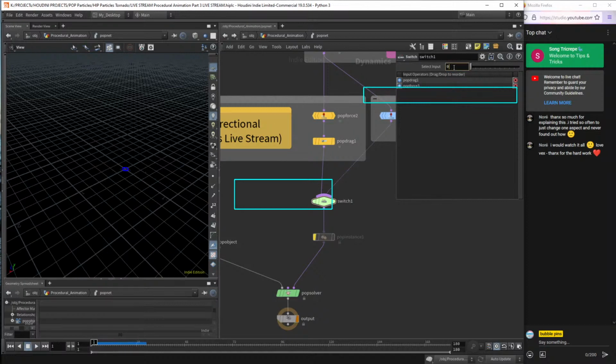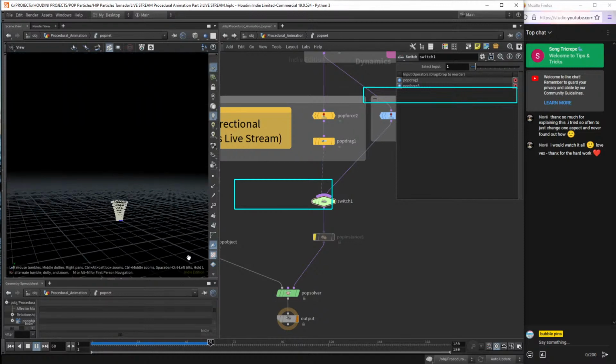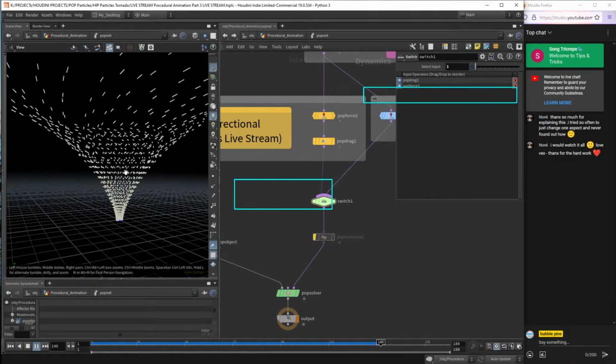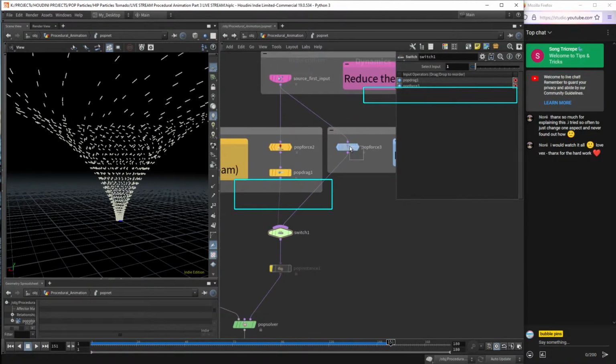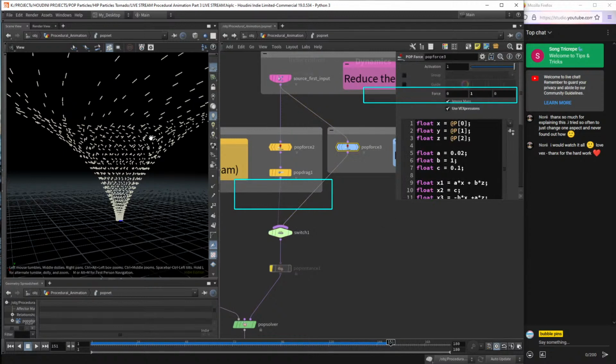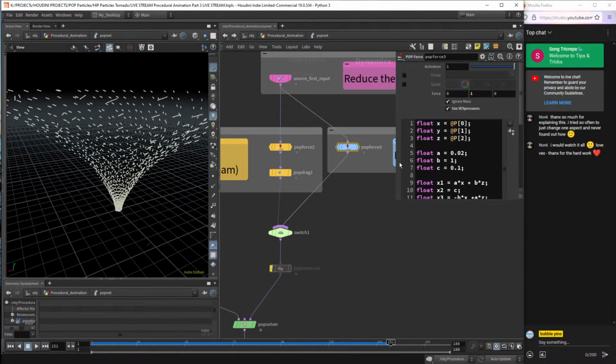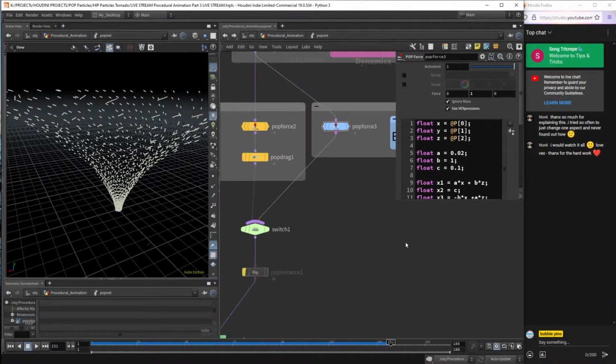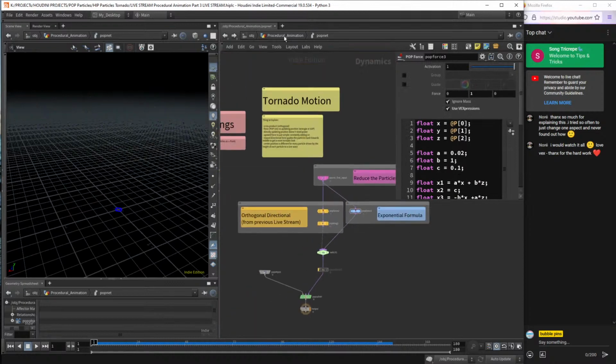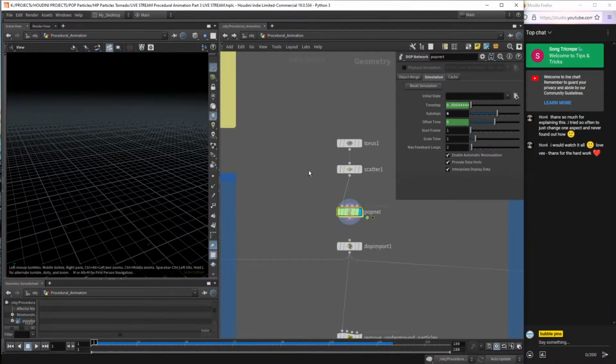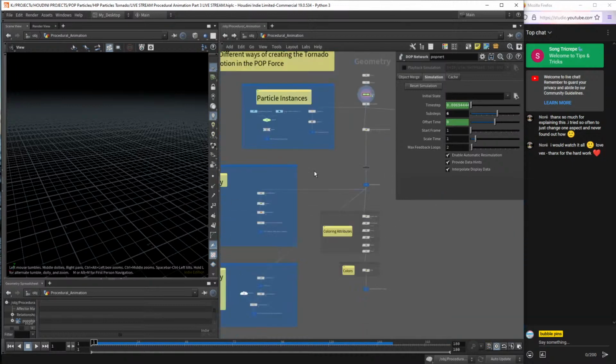We're going to use this one. So this is spinning, and this is actually using another formula to do it. But I don't want to get into this exponential formula. There's many ways to create the same tornado motion. So what I will do is let's go back to that